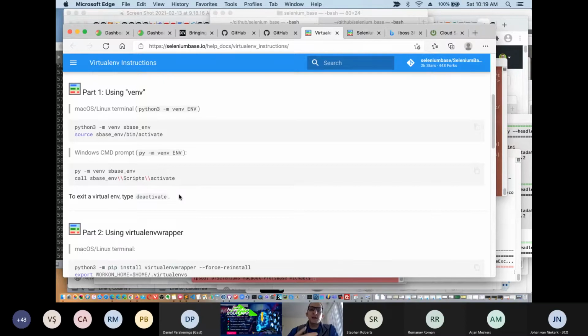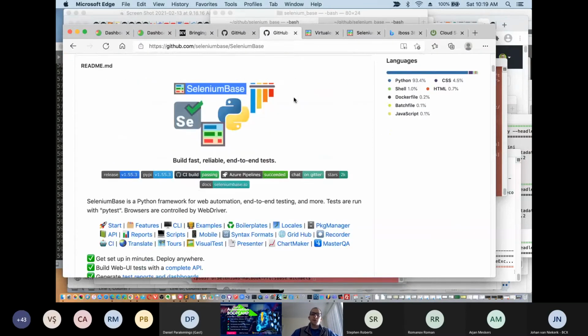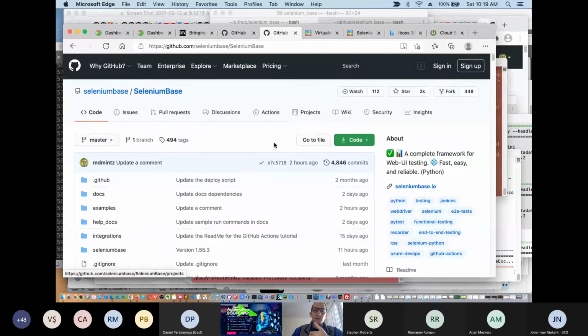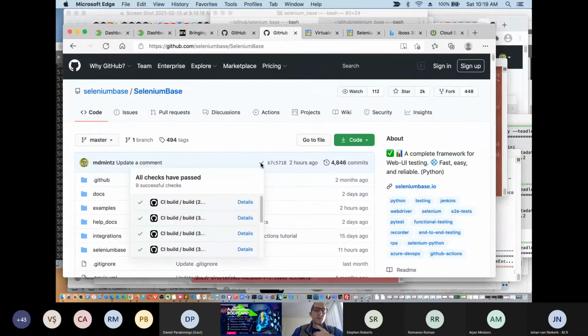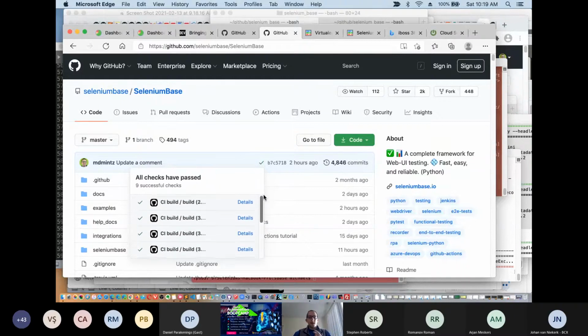However, if you're using a continuous integration tool such as GitHub Actions for GitHub workflows, Azure pipelines, etc., you probably don't need to create a Python virtual environment, because each of those runs automatically spins up a unique environment for you. So for instance, if I was running a test using GitHub Actions, which we'll be getting into later in this presentation, let's see, if we click on one of the details, you'll basically,